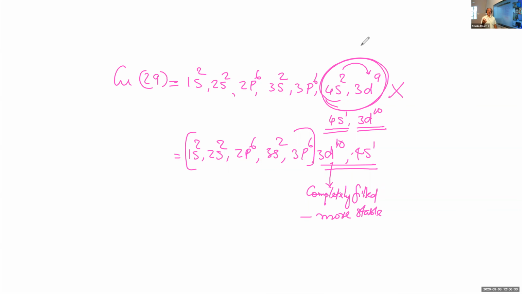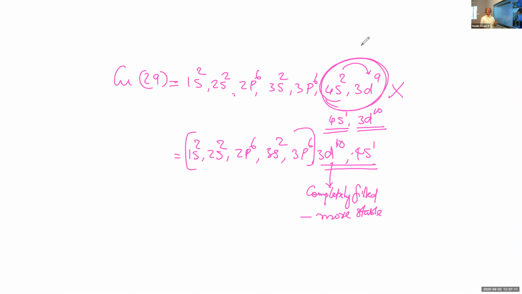So sometimes you can see such changes in the electronic configuration, slightly different from the strict n plus l pattern, and that is in agreement with the stability of the orbitals. Completely filled orbitals are most stable, then half-filled levels are also extra stable. So if it is possible, atoms try to attain stability by making a slight change in the configuration.